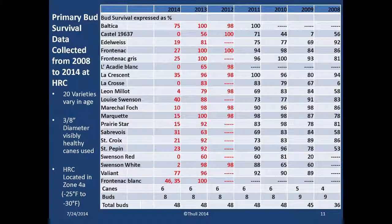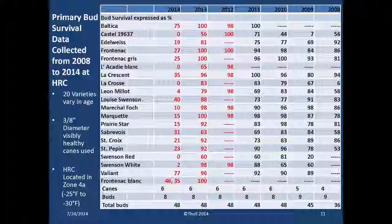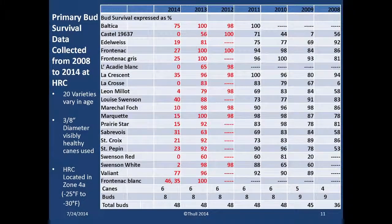It's pretty hardy, but again, another disease-ridden vine, fairly foxy flavored vine. So if you like Concord as a wine, you might like this as a wine, but if you don't, that's not going to be good. The Frontenac Blanc, these are some pretty young vines right here. In the past it was 100% survival, but this year was almost 50% primary,